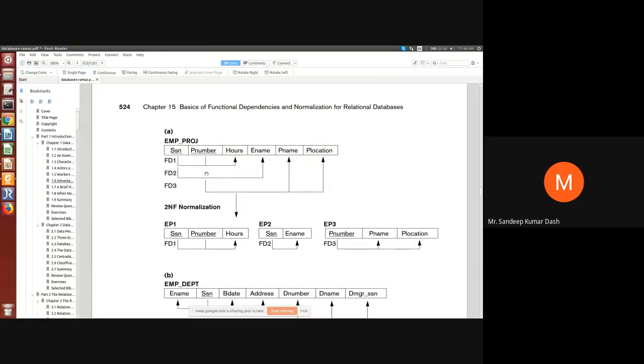Because this part again I am stressing, normalization is very important. If you search any year's GATE questions from database, you will find a minimum of 7 to 8 questions. There will never be a time when you find fewer than 8 to 9 questions from database, and out of those, 2 or 3 must be from normalization. That important this concept is. That's why I'm stressing it.